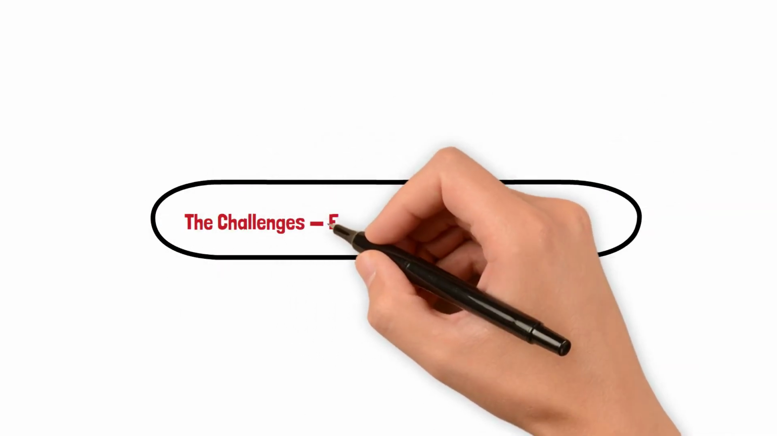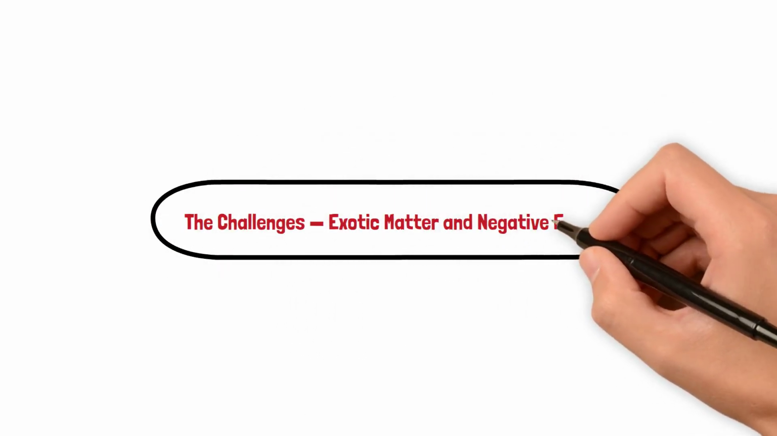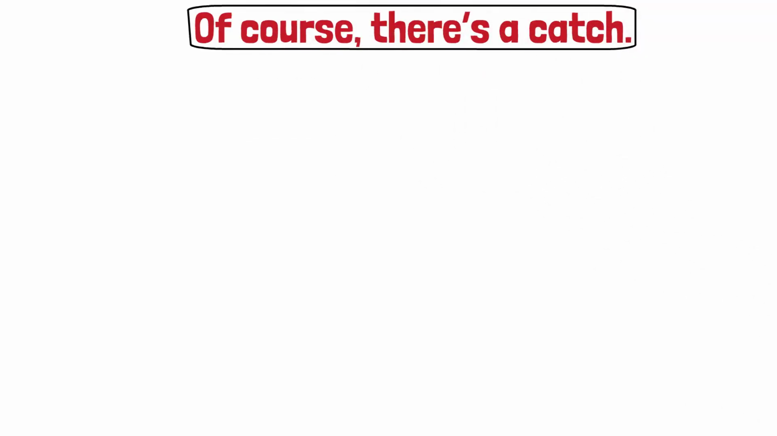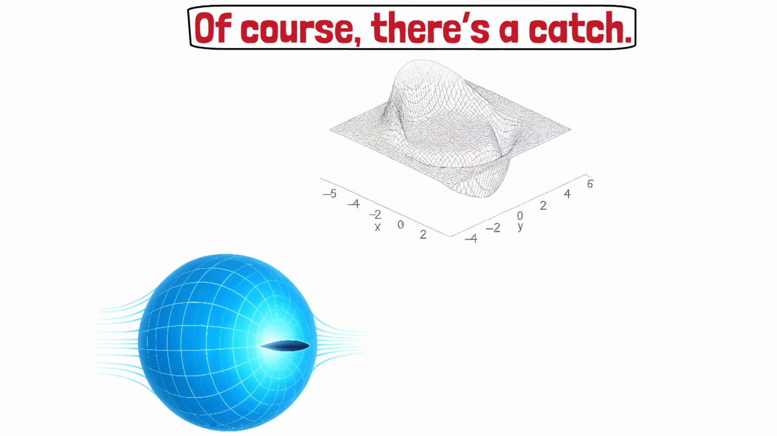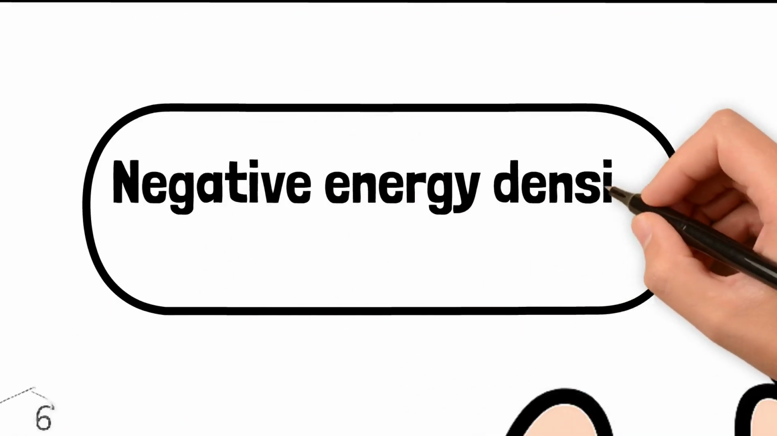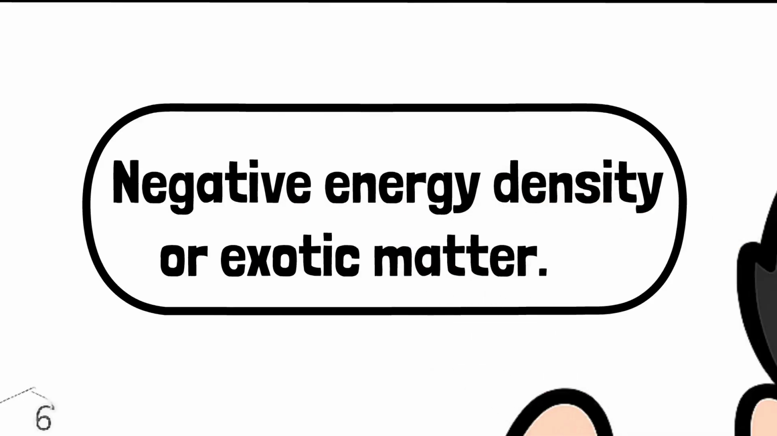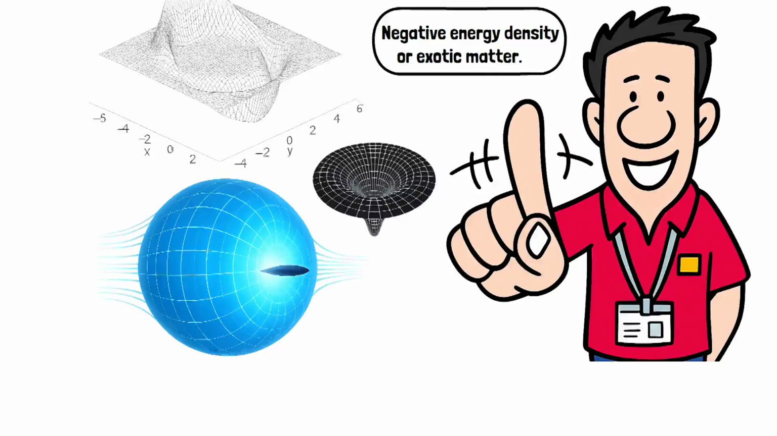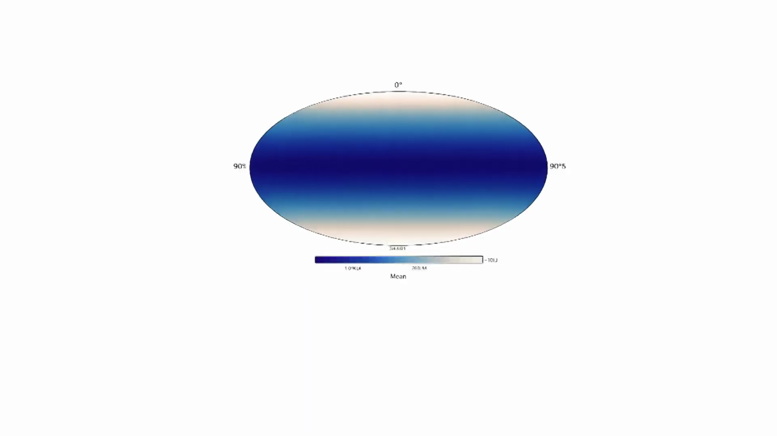The challenges: exotic matter and negative energy. Of course, there's a catch. To create such a warp bubble, the Alcubierre metric requires something we don't yet have: negative energy density or exotic matter. This isn't ordinary matter, it would have to bend space-time in the opposite direction of normal gravity, essentially creating